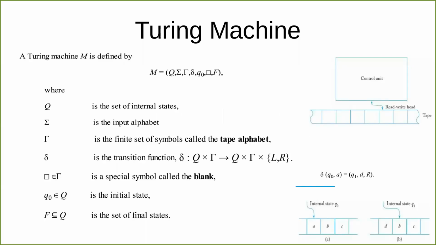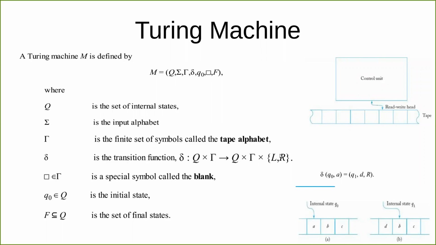So, a Turing machine is described by these symbols collectively, where Q is the set of internal states, sigma is the input alphabet. So, these are the description. Delta is a transition function. Transition function, how it is different from finite automata or push-down automata is